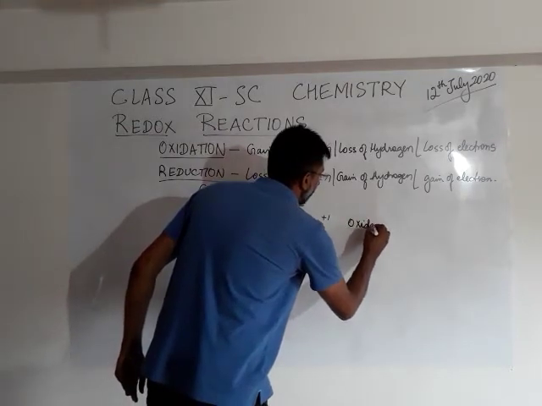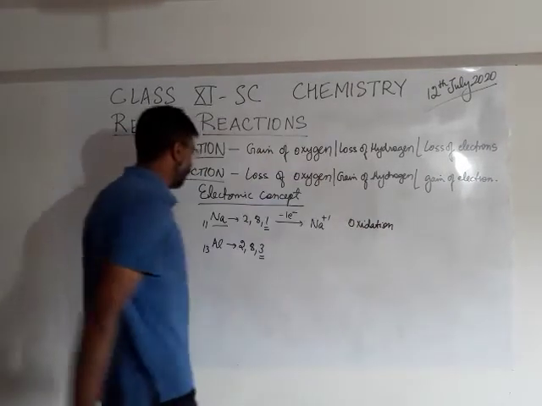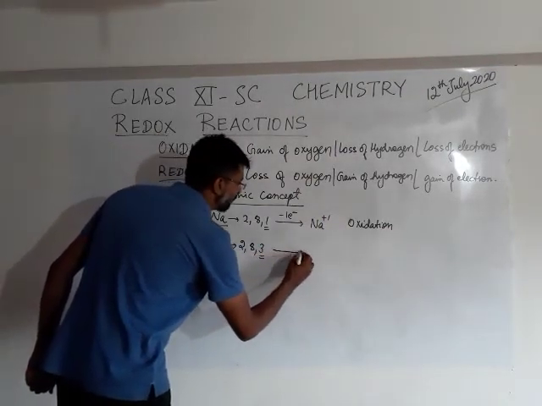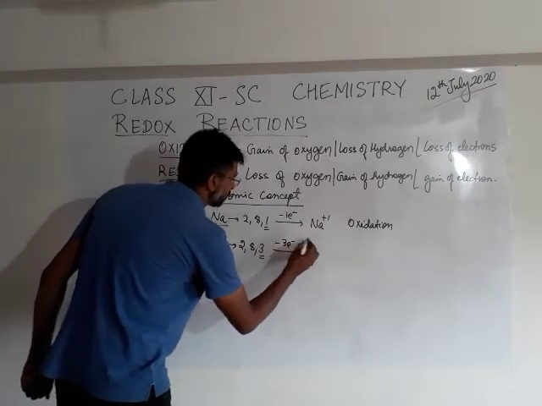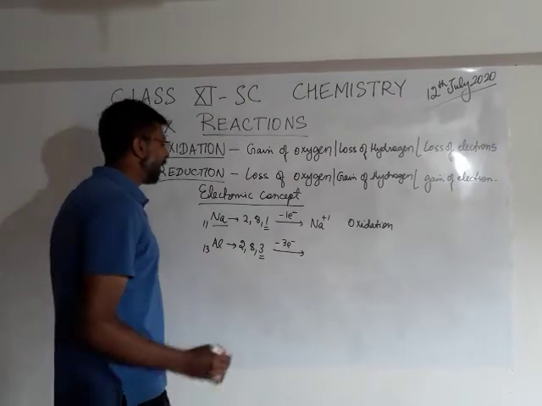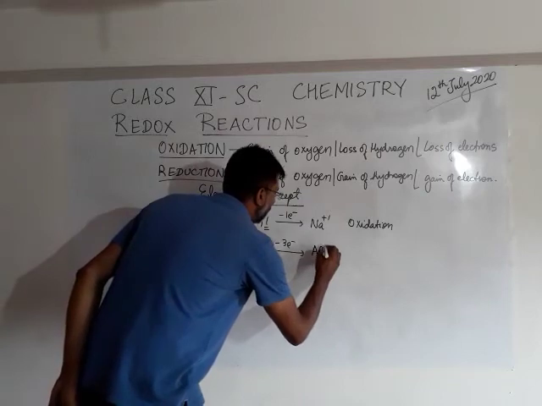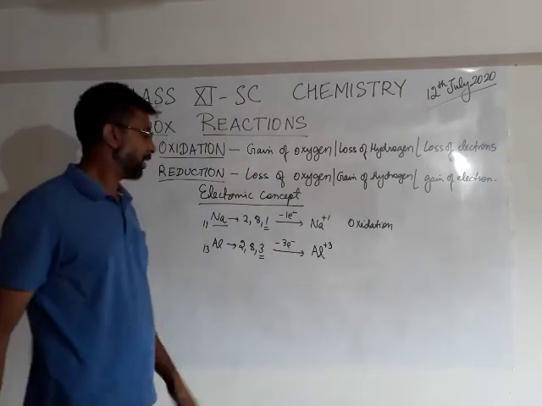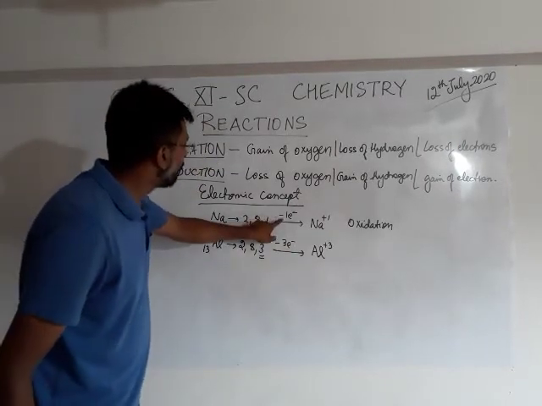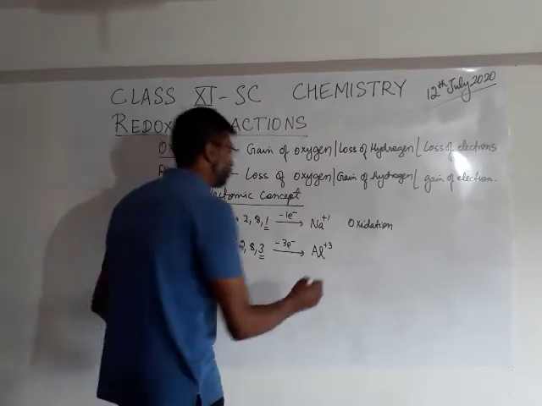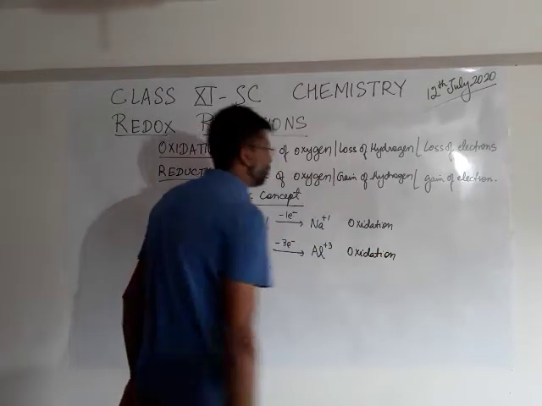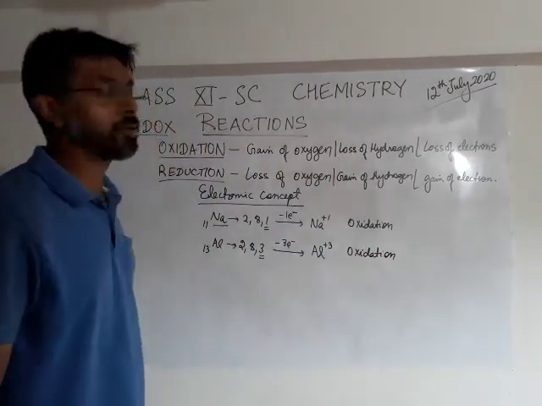It is oxidation. Now come down to aluminium. Aluminium has 3 electrons in its valence shell. It is capable of losing 3 electrons. So after the loss of these 3 electrons from the valence shell, this aluminium metal becomes Al3+. 3 electrons lost means +3; 1 electron lost means +1. So here also it is oxidation. Aluminum metal is losing 3 electrons to get oxidized to the corresponding cation.